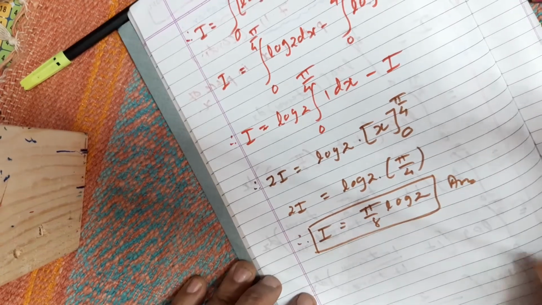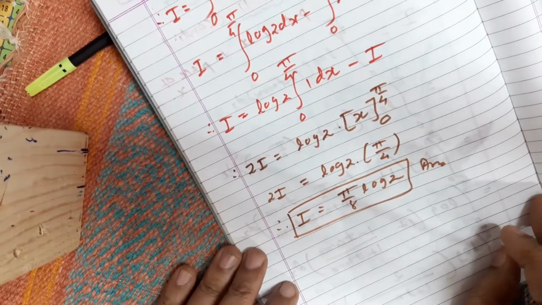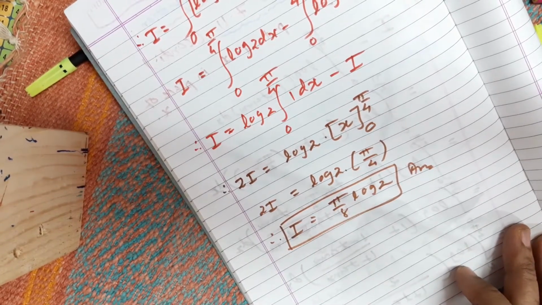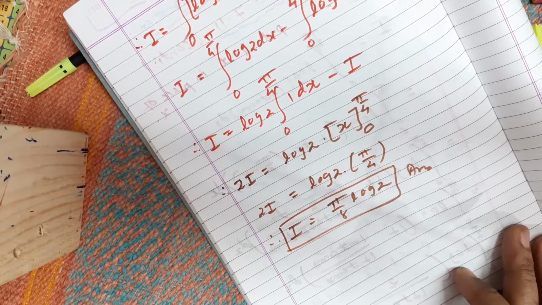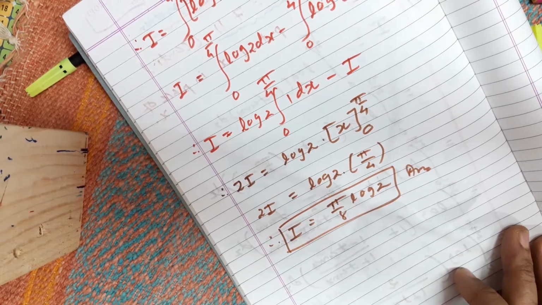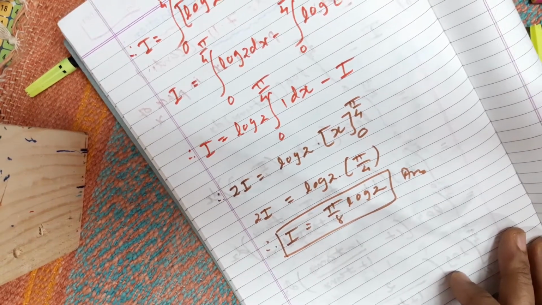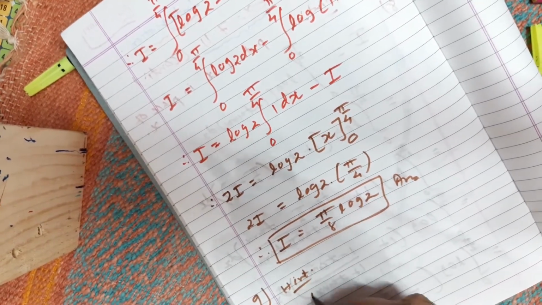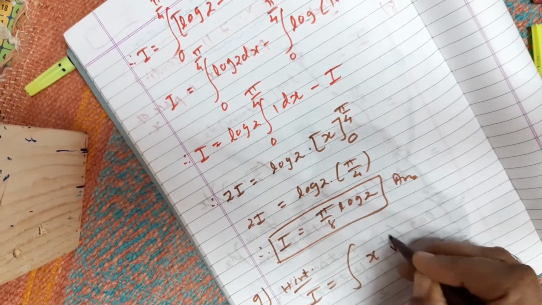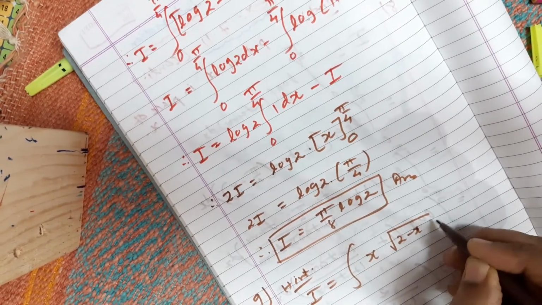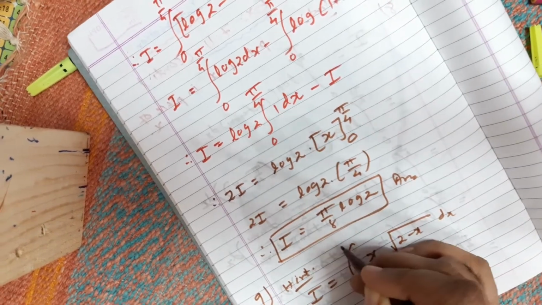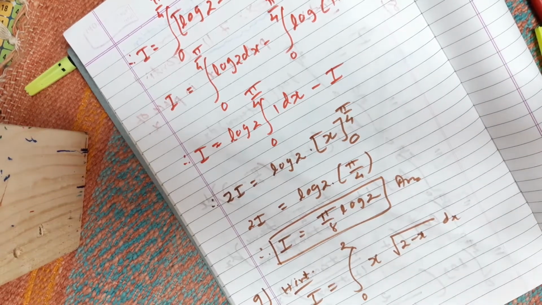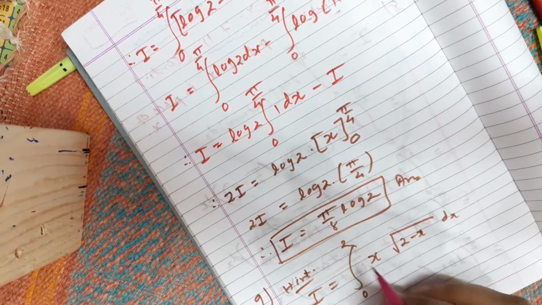Got this? Okay. So this was quite important sum, dear students. So this is sum number 8. And now again you think of sum number 9. In sum number 9, again what you have to do is, I am just giving you the hint. I am writing the sum also. It is x under root of 2 minus x dx, and from 0 to 2 given it is. Okay. So that is equal to, in place of x, put 2 minus x.